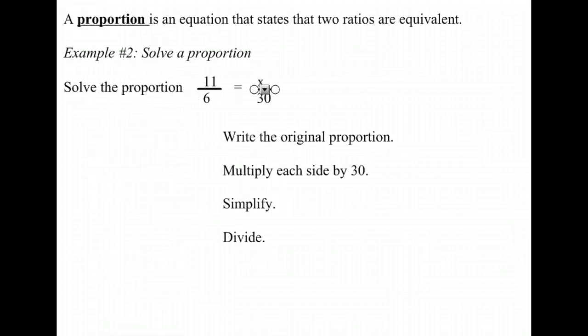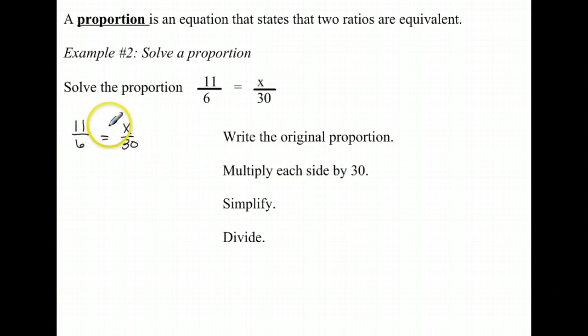The next thing we're going to talk about is how we can use ratios as a proportion, or put ratios together to have a proportion. A proportion is an equation, you can tell that from my equal sign, that states that two ratios are equivalent. So the ratio of 11 to 6 is equivalent to x to 30. So if I rewrite my original proportion, 11 over 6 equals x over 30,